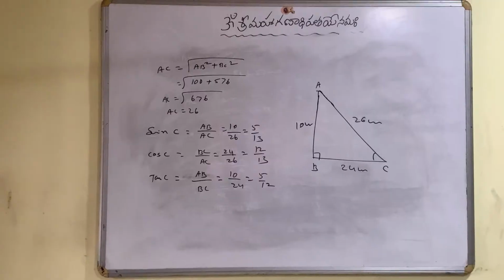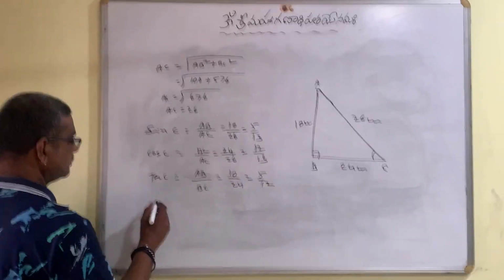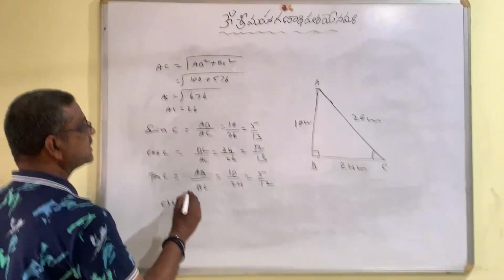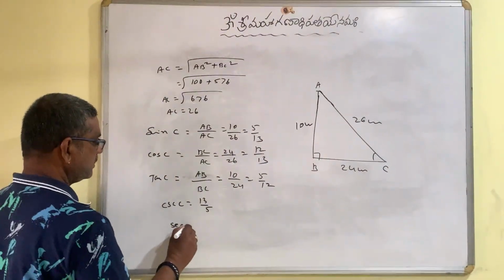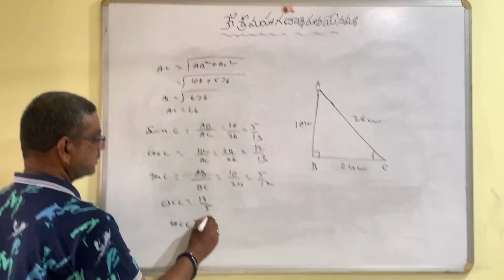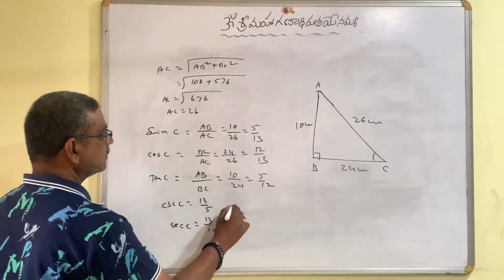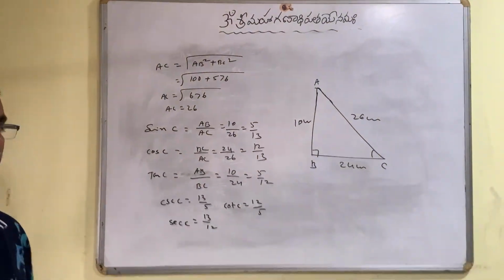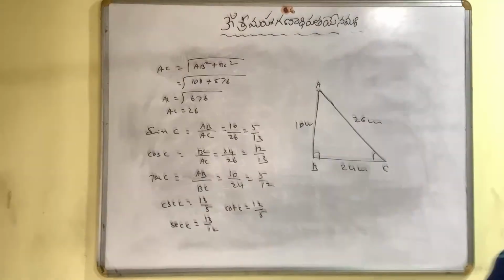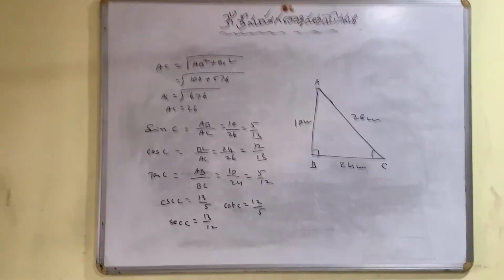Okay, children. Now, reciprocals. Cosecant C, 13 by 5, secant C, 13 by 12, cot C, 12 by 5. See, once you find out the main ratios,